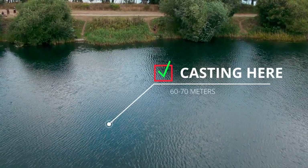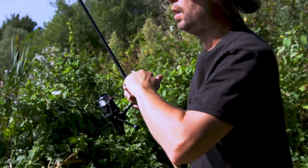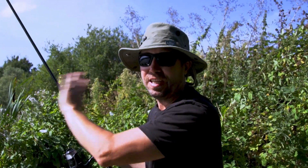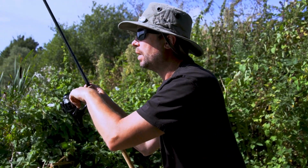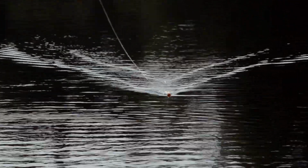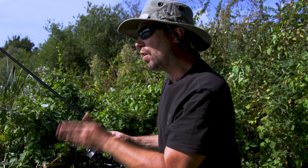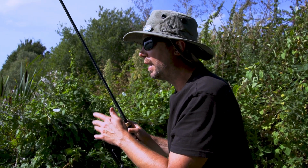So what I've done there is I'm casting well further than I need to be. These fish are 20 to 30 yards out. I'm casting 70 yards, well past them. You do not want to land your controller on top of carp, and then it's a case of just tweaking it back, trying to keep the line out of the water and tweaking it back into that zone as slowly as you can. Even when they're feeding, just don't rush that bit, because that line going past them can spook them. So cast well over and then just tweak it back